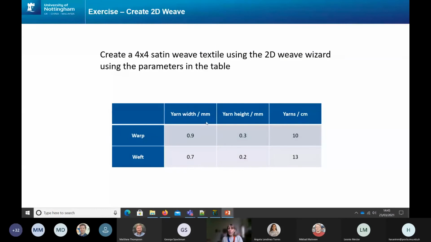Different widths of warp and weft, different heights, and different numbers of yarns per centimetre in the different directions. So clearly I can get part way with the wizard to do that, but I might have to do some editing, and I'll show you how to do that in just a moment. So one of the things to realise about the